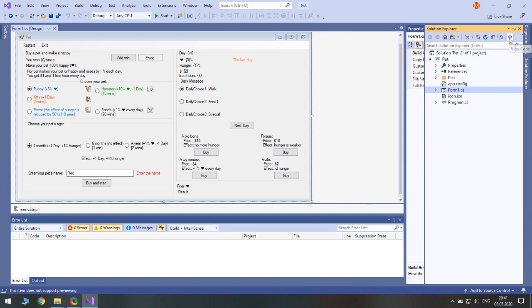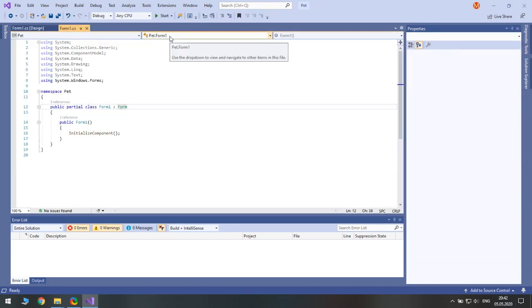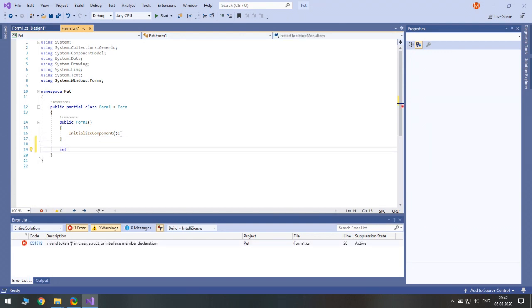We shall start by defining how many days there actually are in the game. Let's state that there are 20 days. We also need a variable for happiness, so happiness should also be relatively low, but not too low. Hunger should be 0.